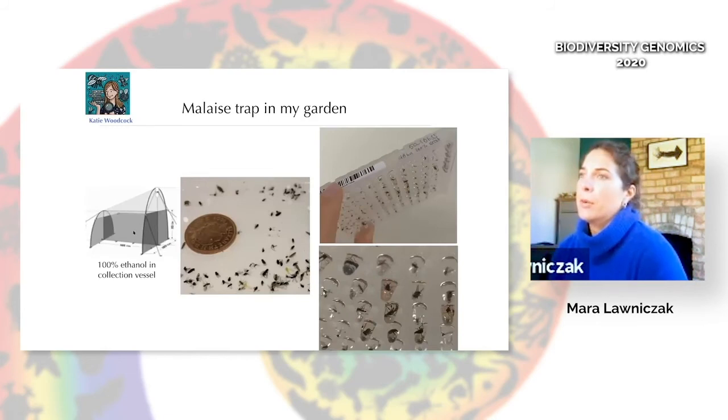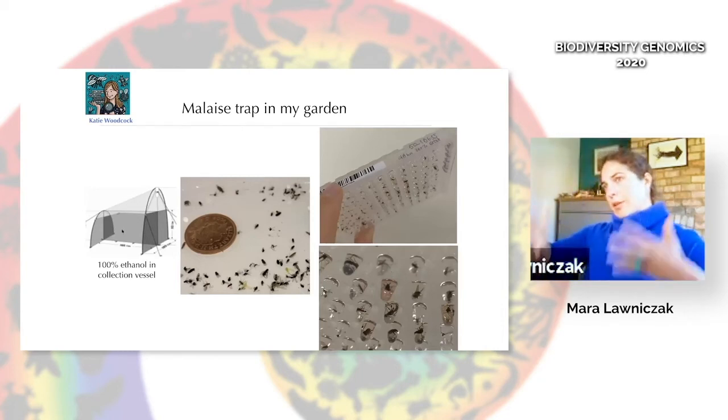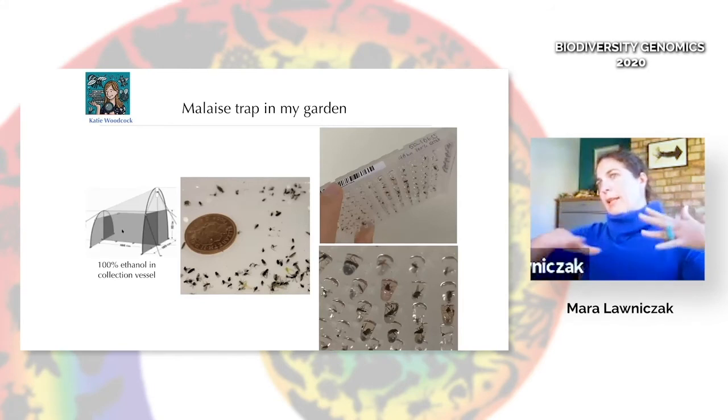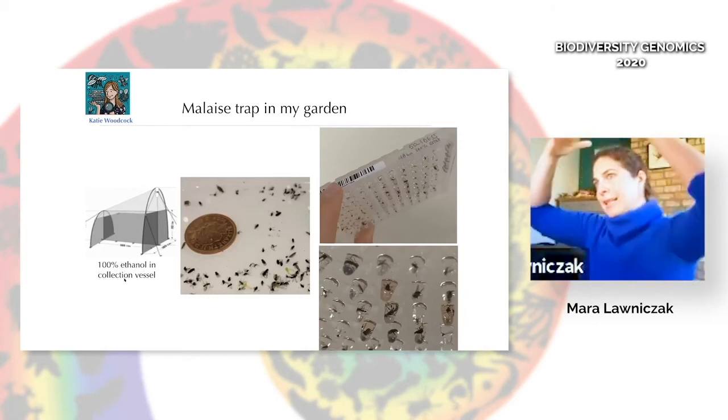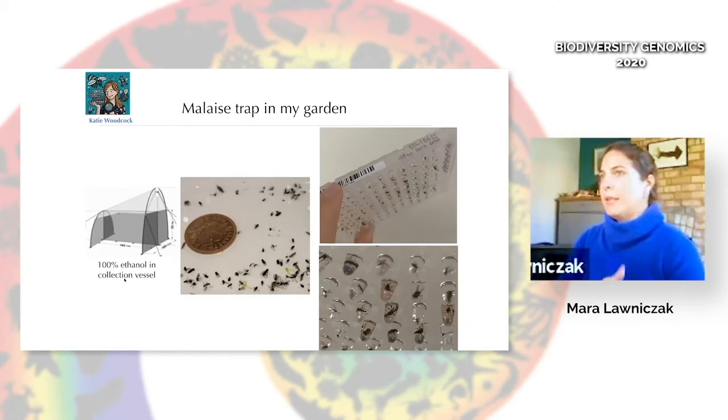And over the last year, we've set up a Malaise trap in my garden. A Malaise trap is something that, you can see the schematic there. A flying insect will fly into that kind of gray area here, and there's a tent up above it that's white, and the fly will fly into it and go up, and will end up funneled into this container right here that contains, in our case, 100% ethanol. And so here's a penny from the